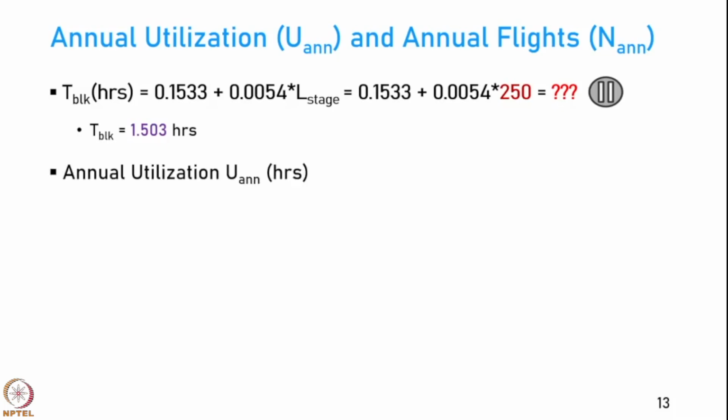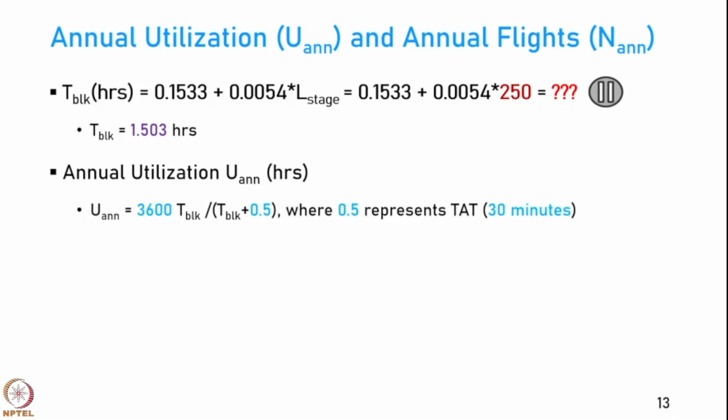Then we look at the annual utilization. Suppose this aircraft is being used only for this particular route, which is 250 nautical miles, then we need to estimate what is going to be the annual utilization. Now, analysis of data has shown that for small aircraft like these, the total number of hours you can operate it is only about 3600. That is the maximum you can aim to achieve. So, assuming we are able to get the maximum, the annual utilization is equal to 3600 times